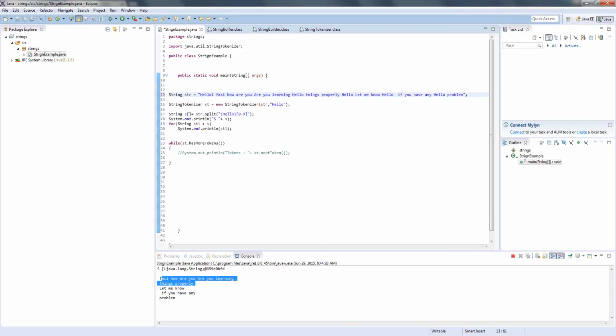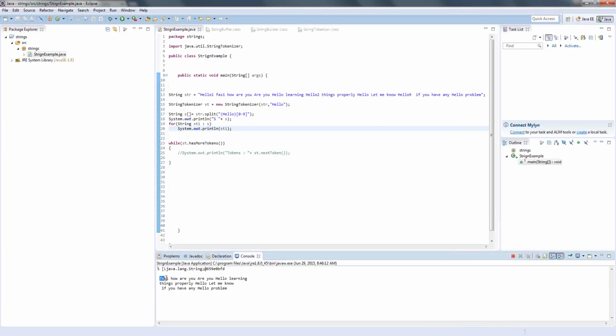So wherever it now finds a number, see here, hello is there with a number again, so it is hello and then some number 0 to 9. This will satisfy the condition. But if I put hello here, it will not take this one. It will not consider this as a delimiter. This will be considered as a delimiter, again this will not be, and this will again be considered as a delimiter. So if we run,